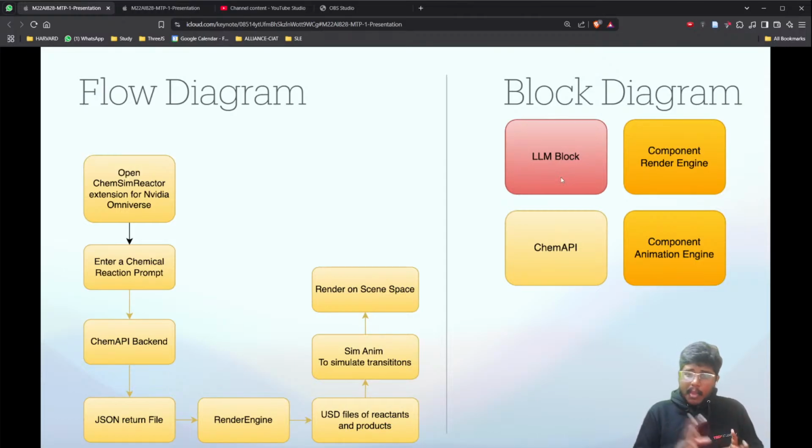The Chem API gives back the JSON. And once you get the JSON, there is a component render engine which renders your reactants and products as USD files. These USD files are then sent to an animation engine where they are put into the scene and the transition effects are applied. So in short, the process could look something like this: you open your ChemSim Reactor extension within